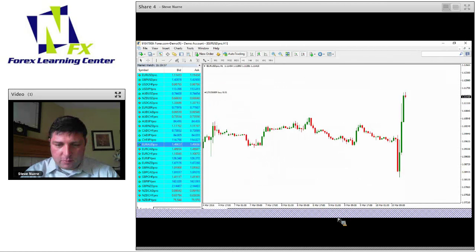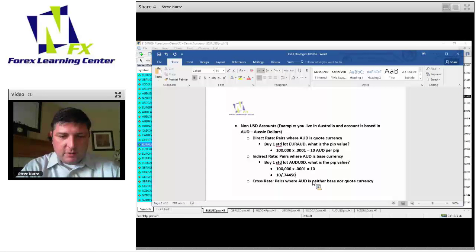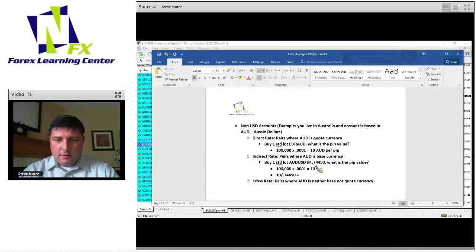0.74452, we'll call it 0.74450 divided by 0.74450, which is the opening price. I guess we should put that up here. So what is the pip value going to be here? Well, back to the calculator here. 10 divided by 0.74450. So in your case, when you're trading Aussie USD, your pip value is 13.43 Aussie when you're trading the